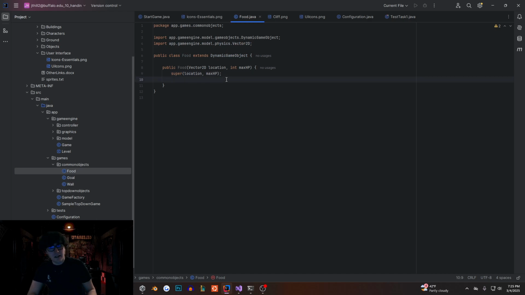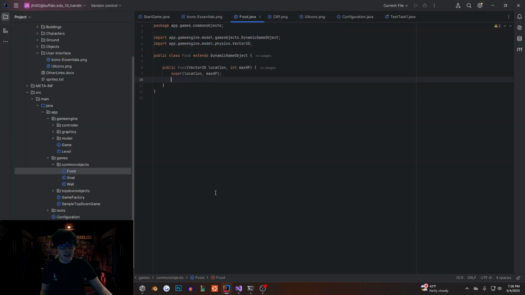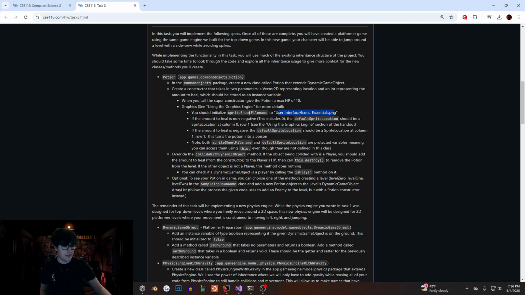Anyways, if we were to keep looking at this implementation, you could get confused when it says you should initialize spriteSheetFileName to the user interface sprite sheet, because you're like, I don't have a variable of that name. Should I make one? Should I do any of that? No, you shouldn't. It exists because in our inheritance, DynamicGameObject has the variable called spriteSheetFileName,